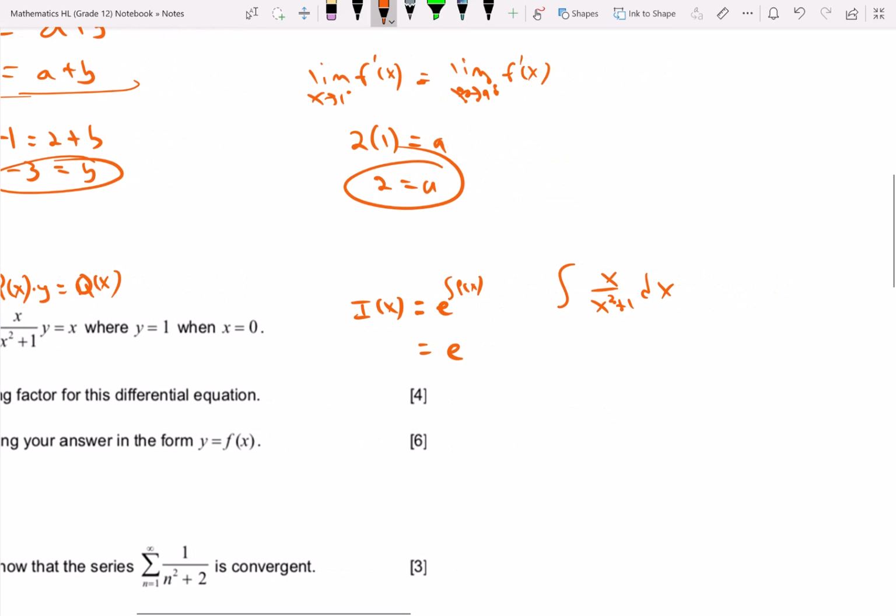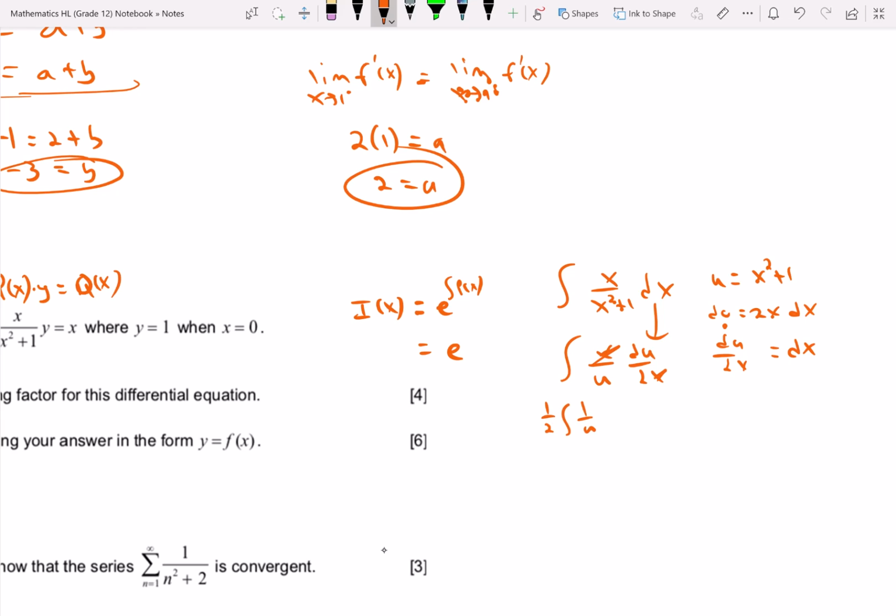If you need to, you can use u substitution. Let's go ahead and do it. So you pick your u, right? That means we're going to do this. Then we're going to take the derivative so that we can solve for dx, right? So instead of this dx, we're replacing it with du over 2x. You can see the x's will cancel. We'll be left with a factor of 1/2. The integral of 1 over u is natural log u, so we have 1/2 natural log u,